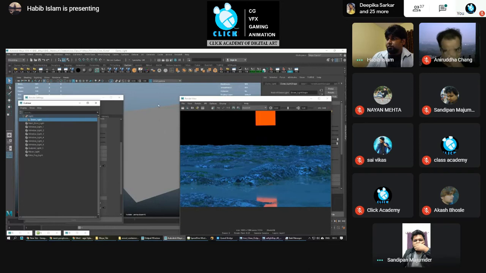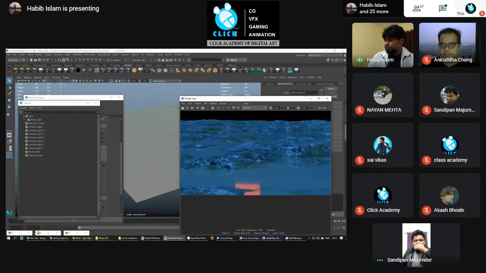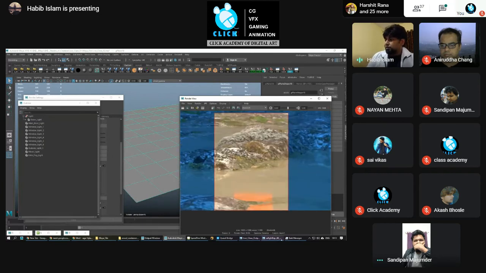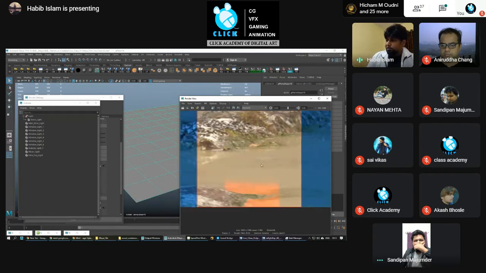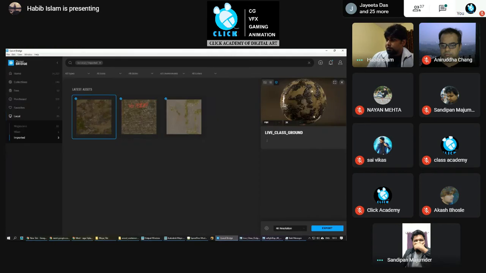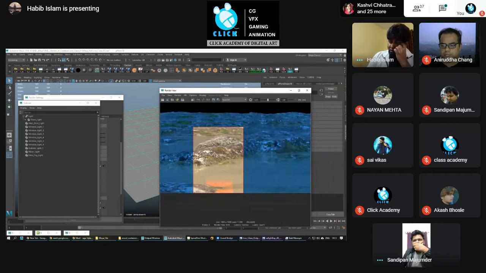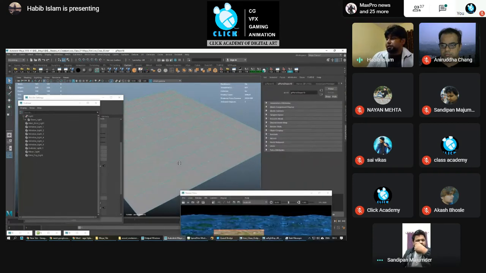This was only a plain surface, and after assigning the texture and putting one basic light, this is how you get the render. The water surface you are seeing here gets reflection automatically, and with the displacement texture you get all the undulation. So this is how I created the ground.